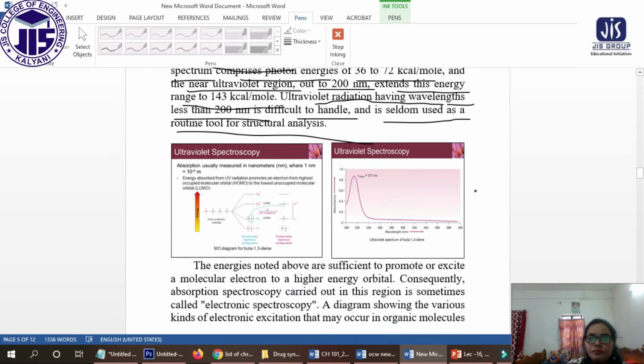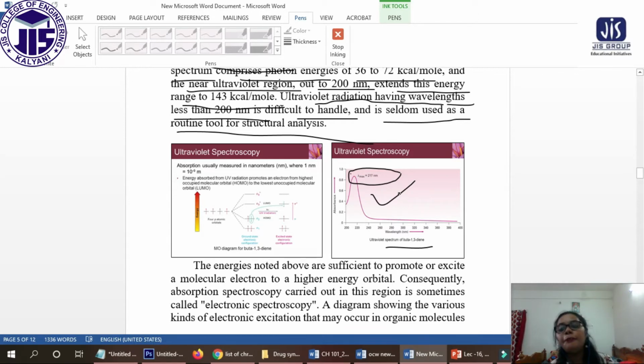Now, generally these are the UV visible spectroscopy. This is generally from the computer, whatever we are getting from the UV visible spectroscopy, it looks like this. Okay, now this type of spectra we are getting for the molecules. This is for the 1,3-diene. So if this peak is at 270 nanometer, which corresponds to the 1,3-diene, at that time we can understand, yes, our molecule is 1,3-diene. Okay, so this is the utility of UV visible spectroscopy.